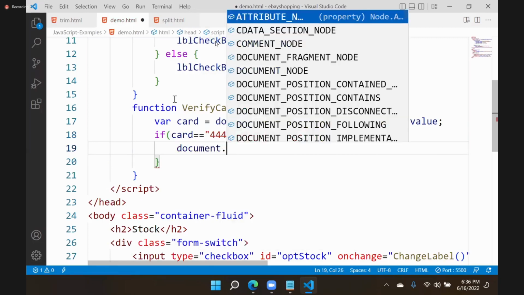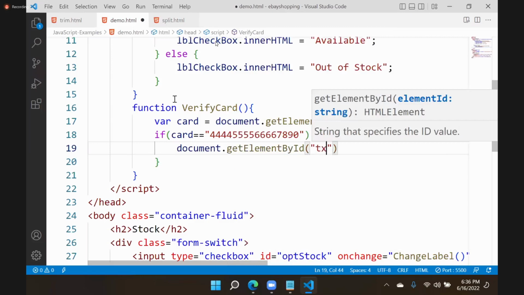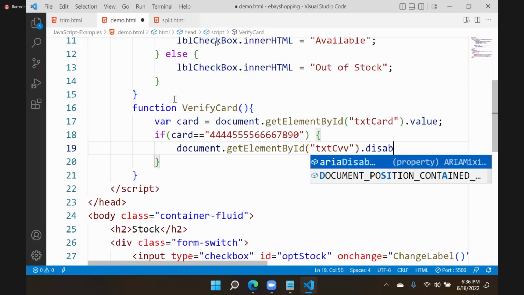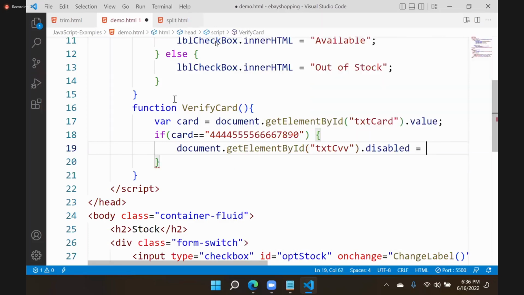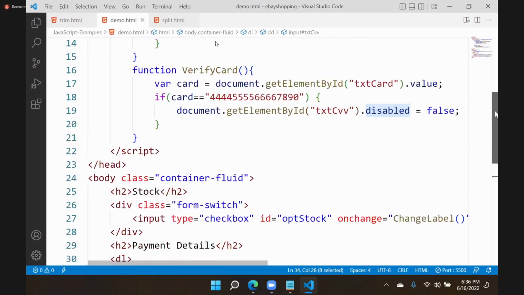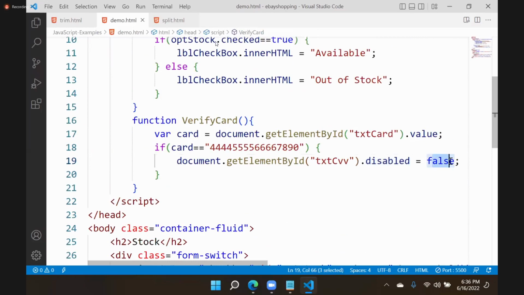That means document.getElementById txtCVV has a property called disabled. This property should be set to false, because by default it is true now. Because when I use disabled, automatically disabled is true. So because you have written disabled here, by default disabled uses true. That means currently it is in which state? Disabled state. We have to remove the disabled state. Then we have to use boolean. Right? The same thing I have to do for